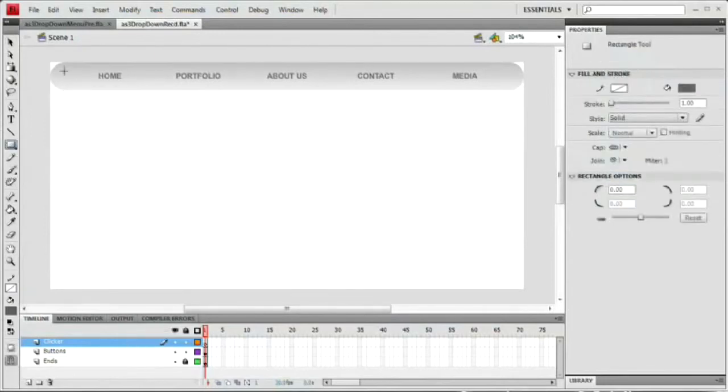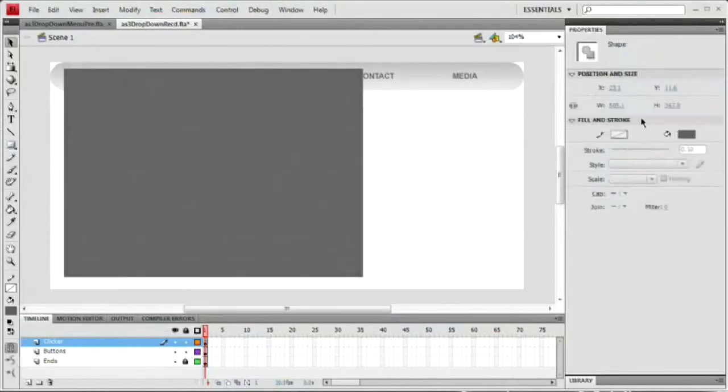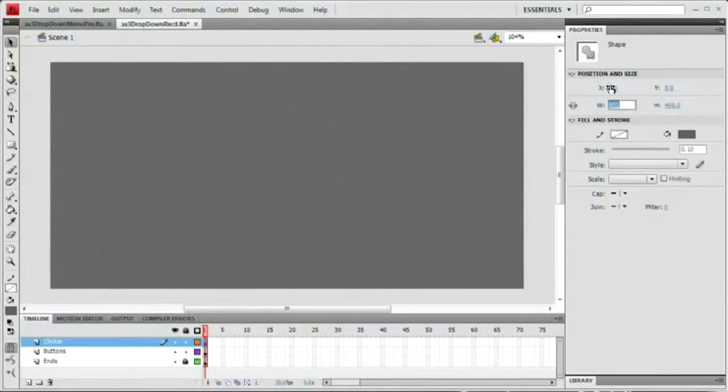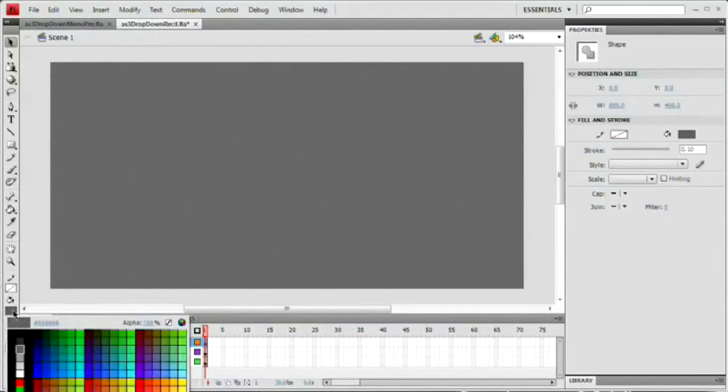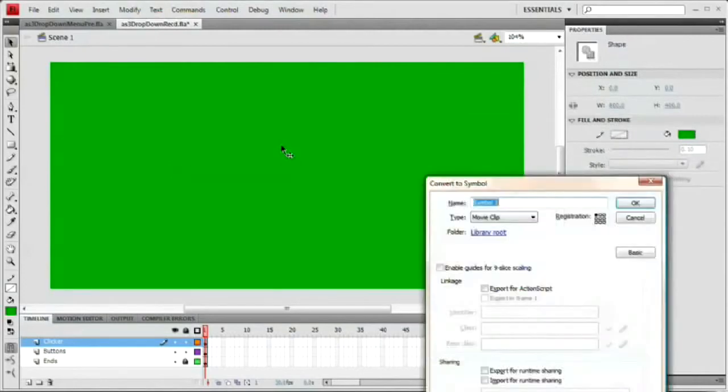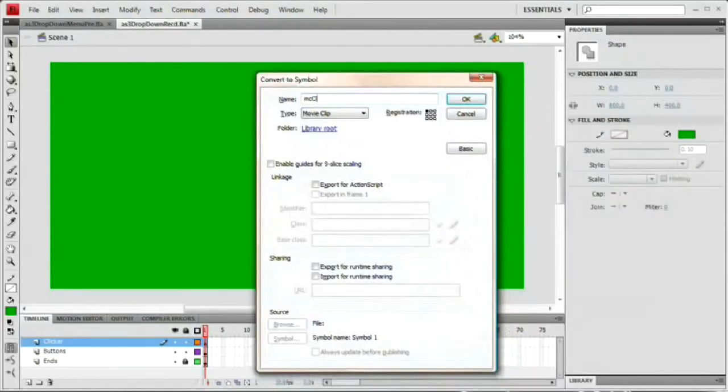So I'm going to grab my rectangle tool and just draw out a big rectangle. I'm actually going to make it the size of the stage, which is 800 by 400. Set the X and Y to 0, and I'm going to give it a nice bright green color here. And hit F8 to convert that to a symbol, and I'm going to call this MC